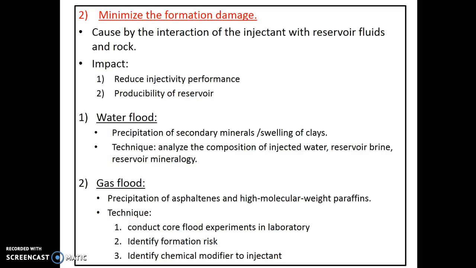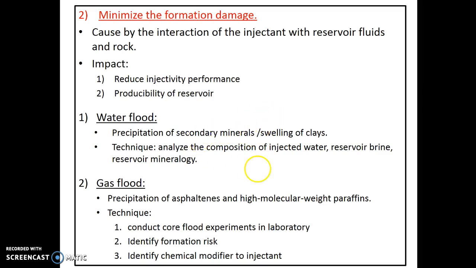So how does the formation damage occur? Okay, in the case of water flood, the formation damage occurs due to the reaction of the injectant with reservoir minerals and reservoir brine, which results in the precipitation of secondary minerals and swelling of clays. This precipitation may clog the pore throat and reduce the injectivity. So the technique to avoid this type of formation damage is by analyzing the composition of injected water,